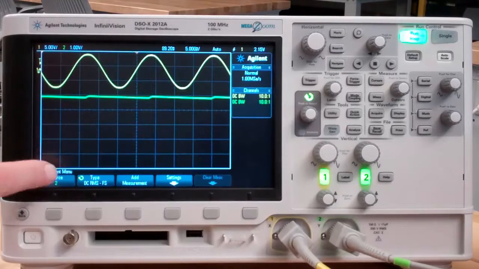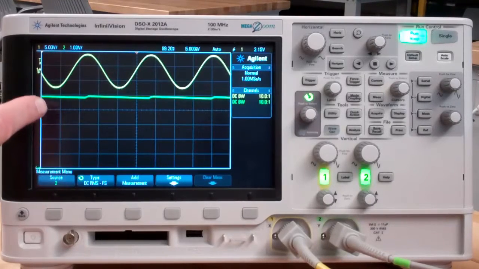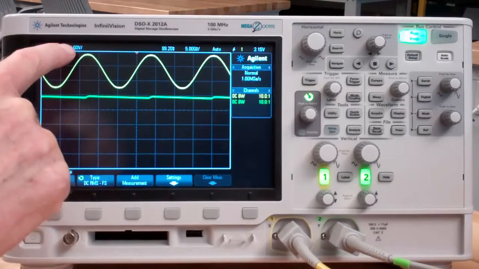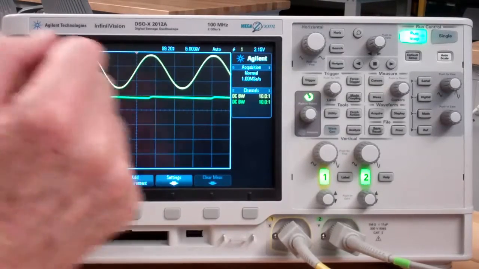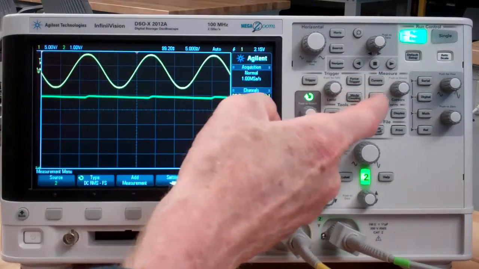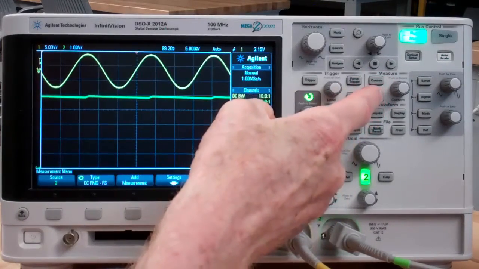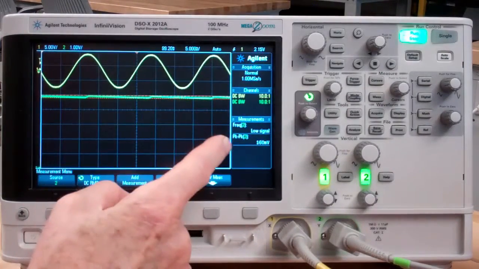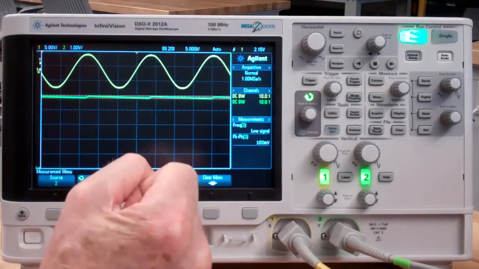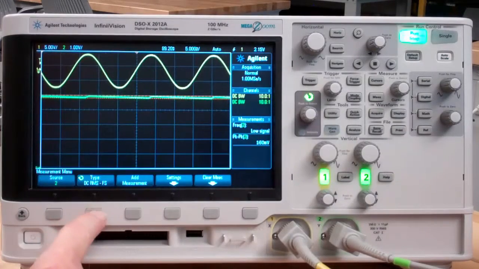The DC level is 1, 2, 3, 4, just a little bit less than 5 divisions. 5 times 1 volt per division. So a little bit less than 5 volts. We can ask the oscilloscope to measure it directly, so by pressing the measurement button, it automatically measures frequency and peak to peak, but we can add